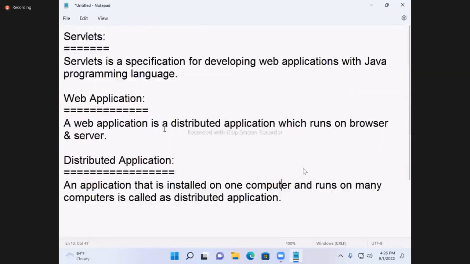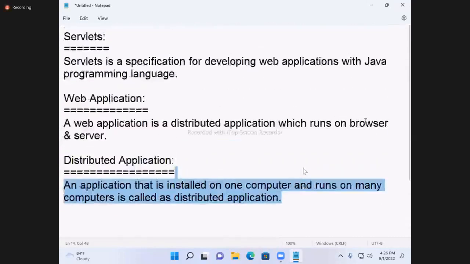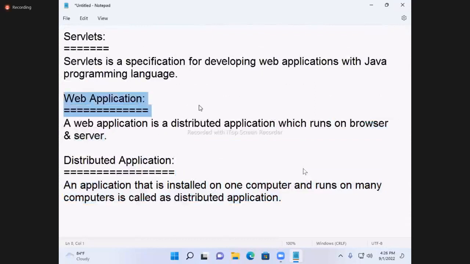The type of distributed application that runs on browser and server is called a web application. If the application runs on many computers, it is distributed. If it runs on browser and server, it is a web application.